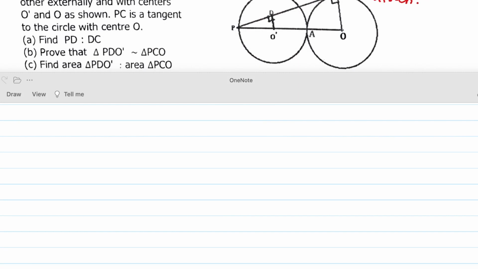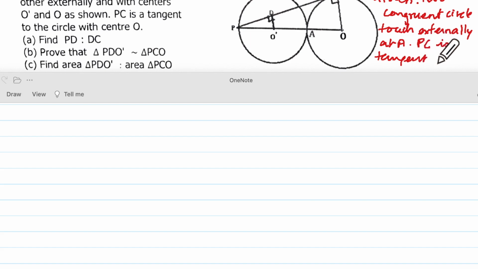What is given? Two congruent circles touch externally at A. All right, PC is tangent. Okay, the way we have shown here. Now, what are they telling you? Find. So find, you'll have to write,